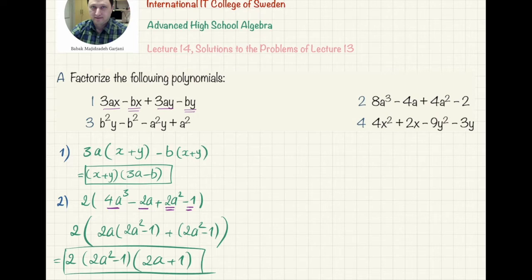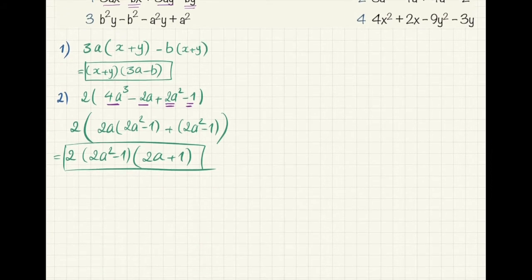Okay, now let us go to number 3 here. So number 3, let us see which one is suitable. It's very clear, yeah? So if I take these two together, and if I take these two together, for example, it probably will work. Okay, so